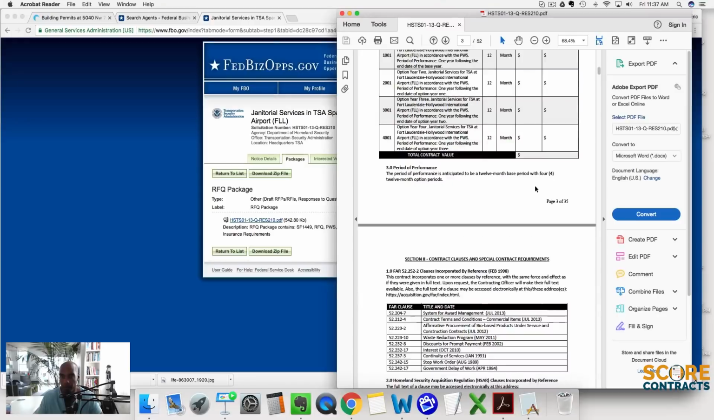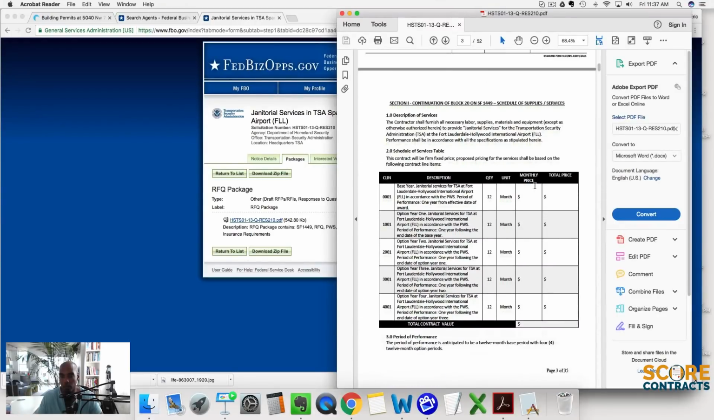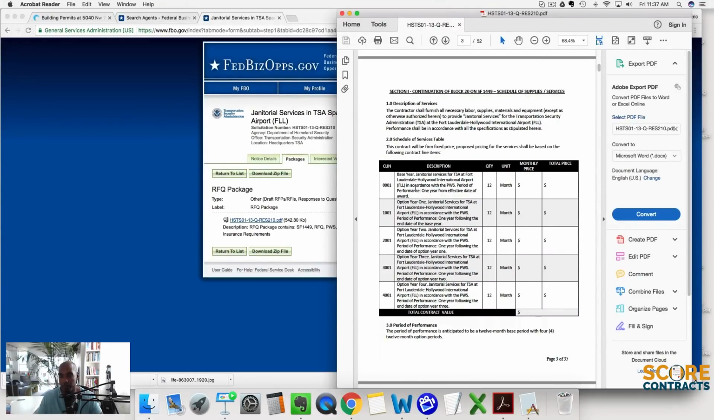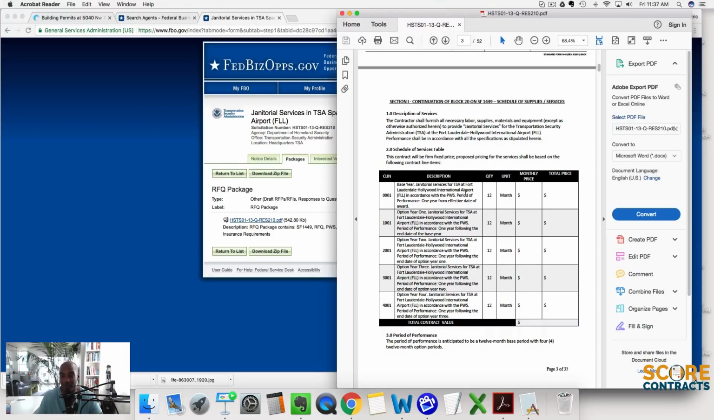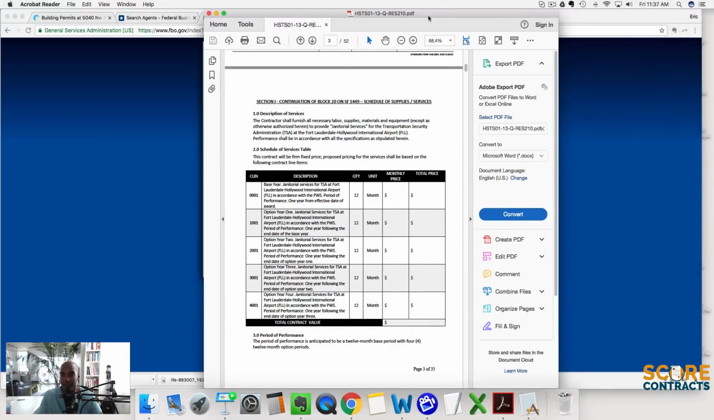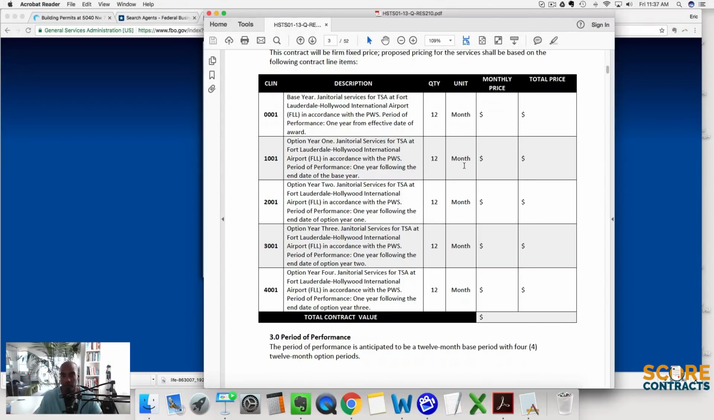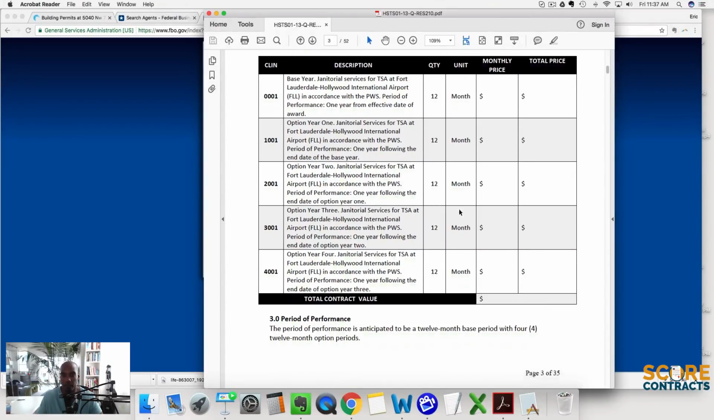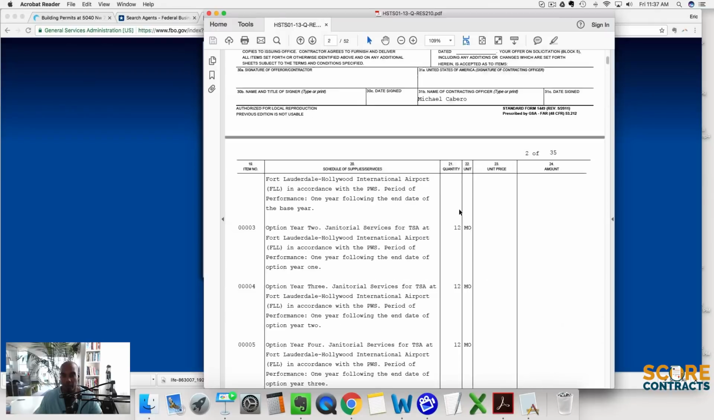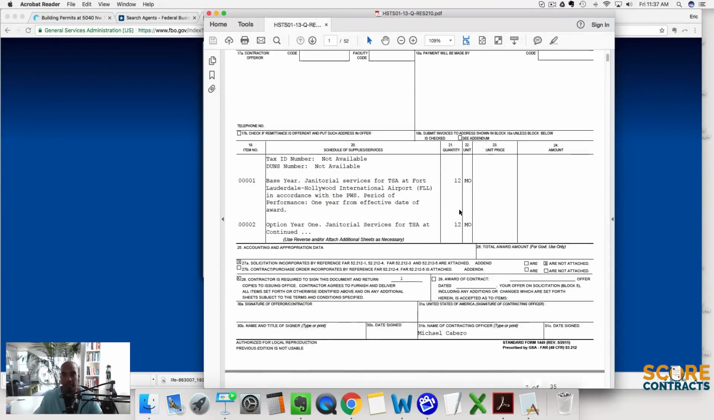Here is the sample package, right? So what you can do is, you see here, the base year janitorial services at Fort Lauderdale Airport. Oh, that's interesting. That's right in my backyard. Let me widen this for you guys. This is actual 12 months, 12 months, 12 months. So this contract went out, and what you can do is extrapolate that